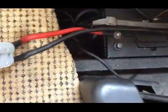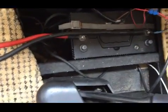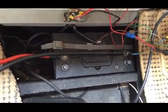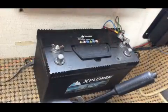The red and black you can see at the moment, that's just the connections to parallel wire it up. That's without any connections. So I'm just going to work this out, and then I'll carry on. Right,